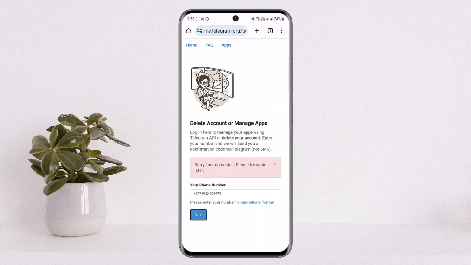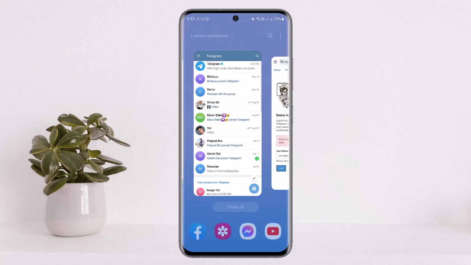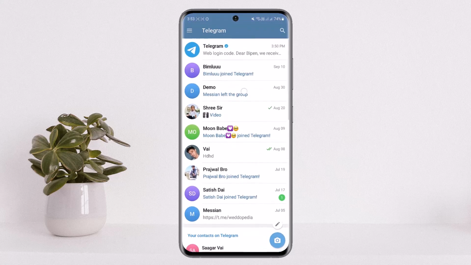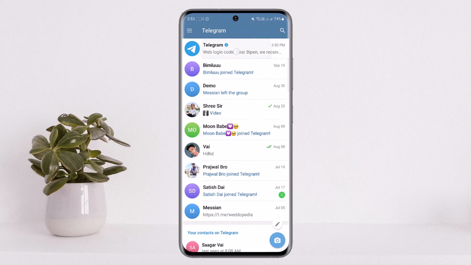Now here you can see I have too many tries, but what you want to do is enter in your country code and your phone number here, and then tap on next, and you'll get the code on your Telegram application. At the very top you can see Telegram there with a verified mark, and if you tap on it here,